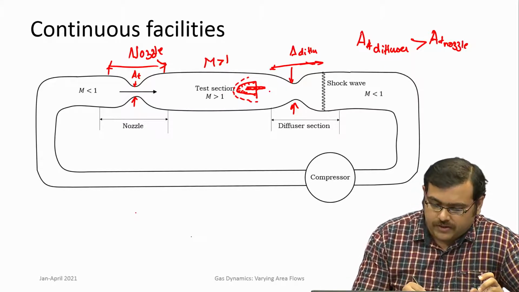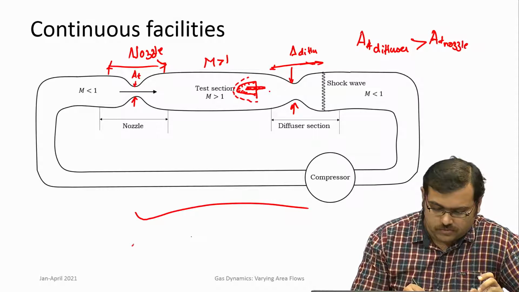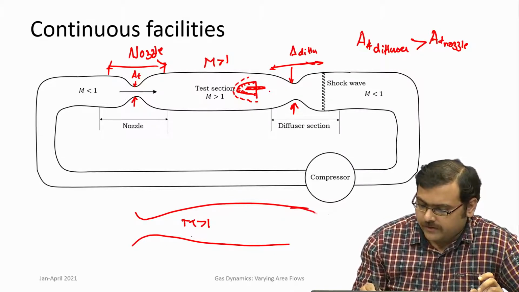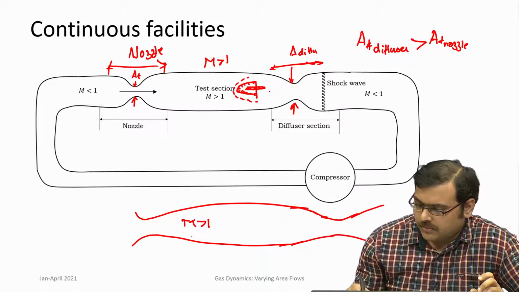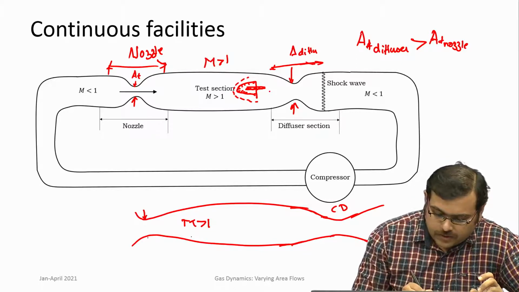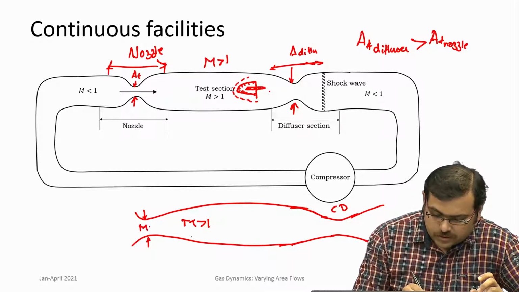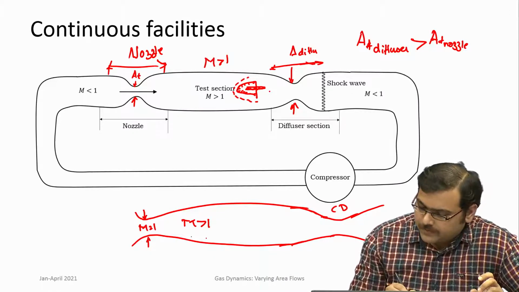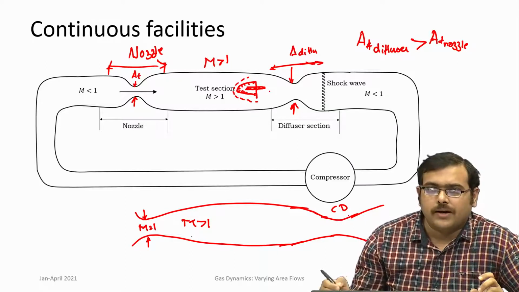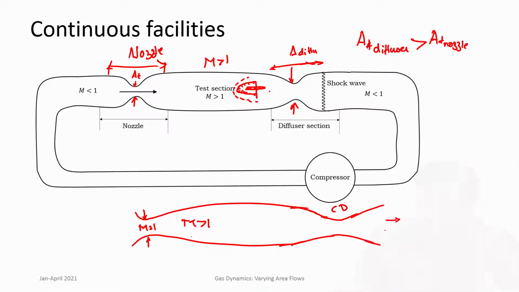If I take this duct, I have Mach number becoming greater than 1 here, and then again I have to convert back. It is another CD duct. Okay. And here Mach number is 1 at the throat. Mach number becomes greater than 1, and then while coming back it should again go back to 1 and then further diffuse. So then if that is the case, these two area ratios